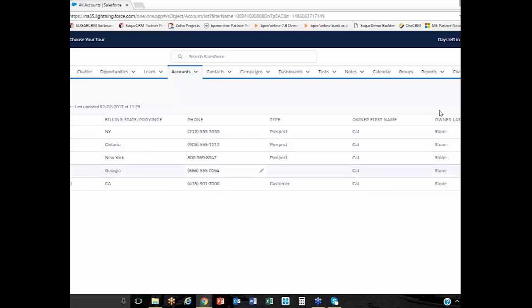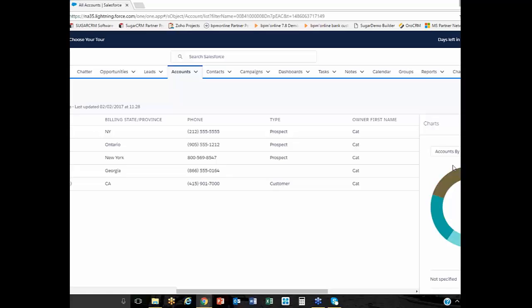Also, based on the list view that I have here, I've got the ability to show a chart. So just like SugarCRM has that sub panel, and it's going to show different dashlets that each user can customize, well, the chart view here for Salesforce is going to give you the same thing. Here I have a list of all the different charts that I can select from, and of course, as I go through this chart, it is interactive as well.